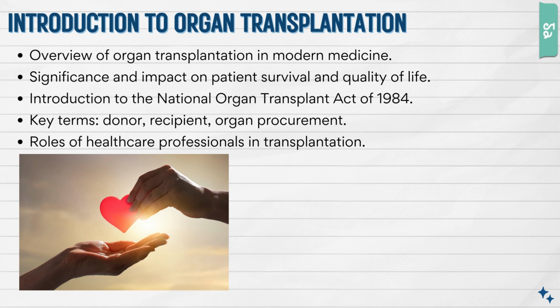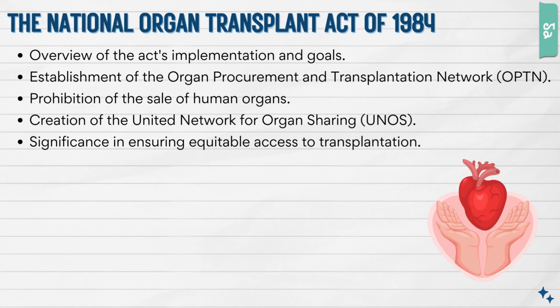As critical care nurses, you need to understand what your role will be in this process, from recognizing potential donors to also supporting the recipients of the organs. We will cover terms such as donor, the person who provides the organ; the recipient, the individual receiving the organ; and organ procurement, which is the process of retrieving the organs to transplant. As we proceed, I want you to think about how your role can impact both the donors and the recipients at each stage in the process.